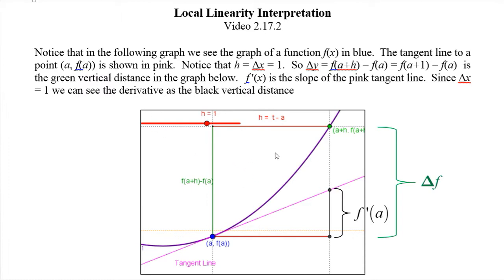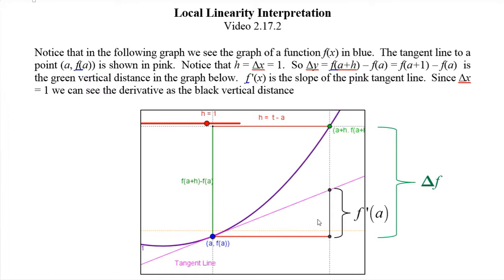So notice in the following graph we see a function, which is this blue function f of x. And so here's a point of interest, let's say a comma f of a. And then we move to the right some distance h, and here's a nearby point, a plus h comma f of a plus h. Now, we know that if h is 1, that is delta x is 1,